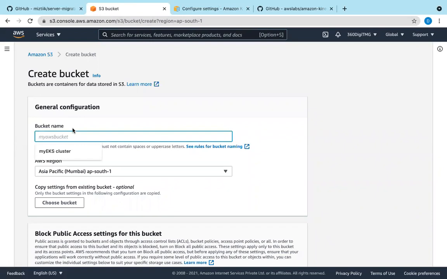Bucket name. So this is Kinesis producer bucket.